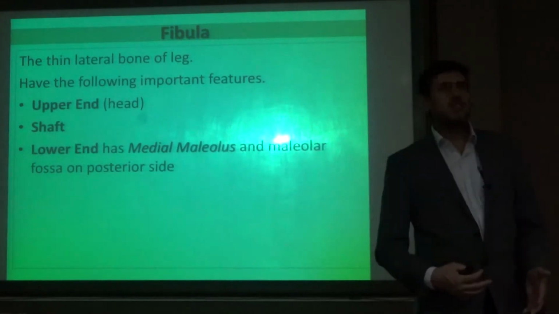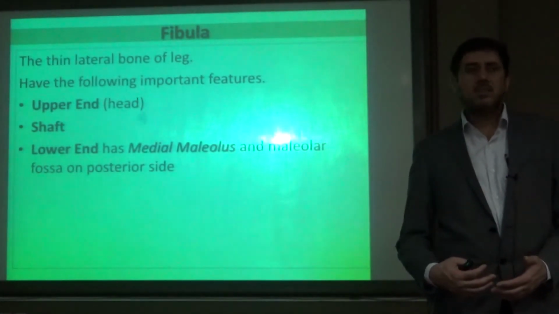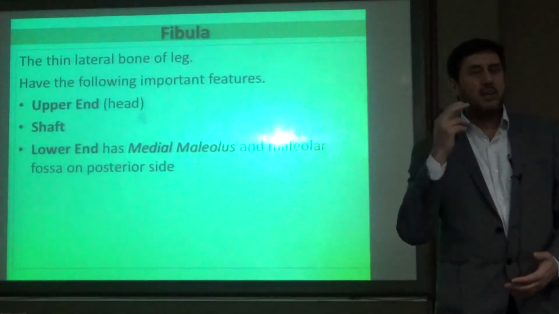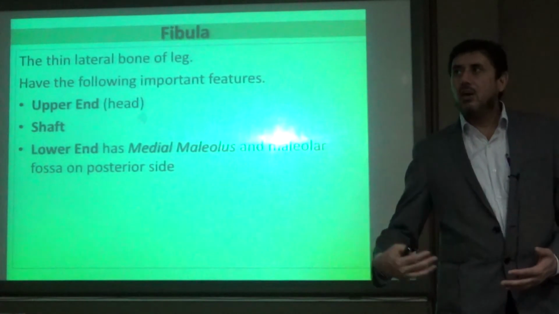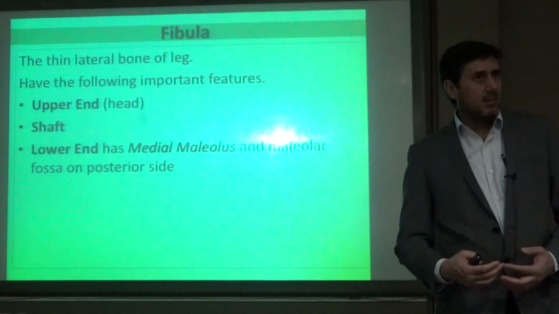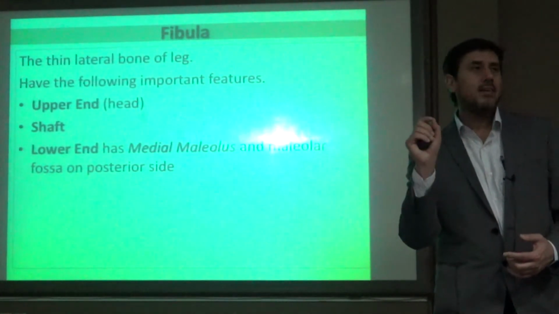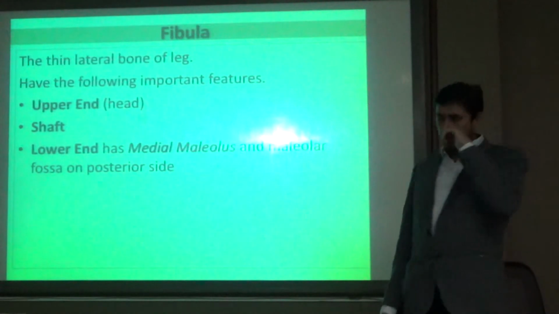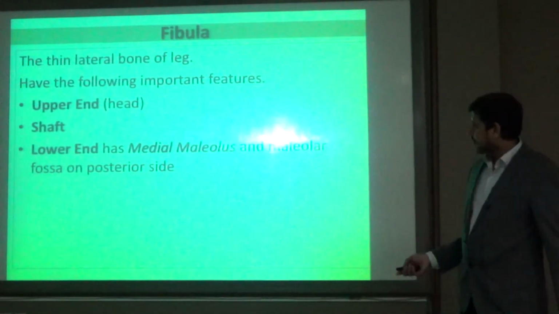Hip bone, how many parts? Three: ilium, pubis, ischium. How many features? There are three features we have discussed: obturator foramen, acetabulum, greater sciatic notch and lesser sciatic notch. Between these sciatic notches we have a spine. Okay, simple. It has a medial surface and lateral surface. Good.